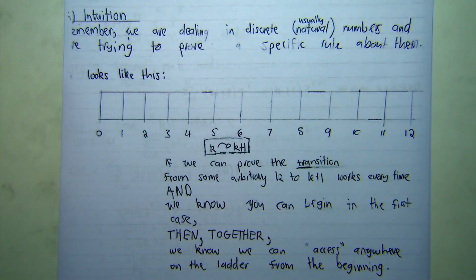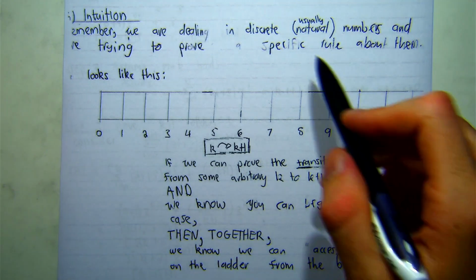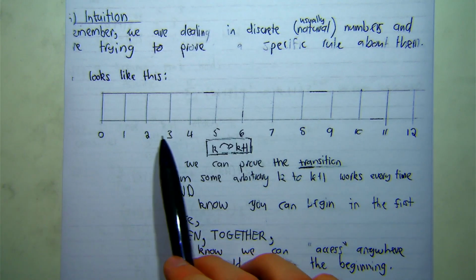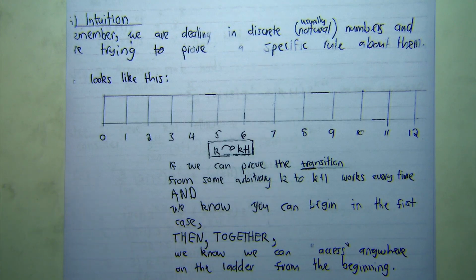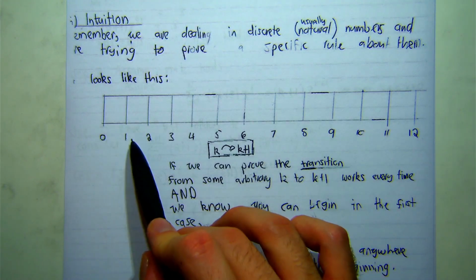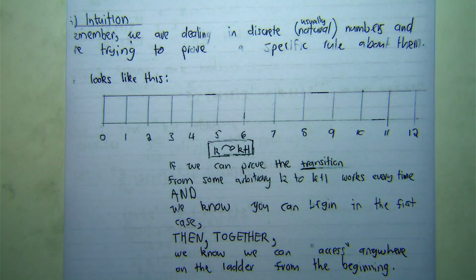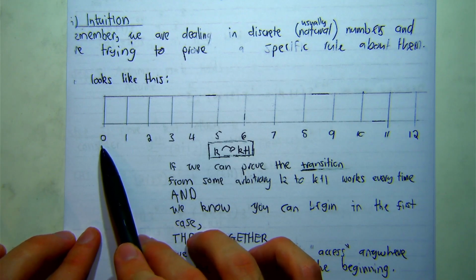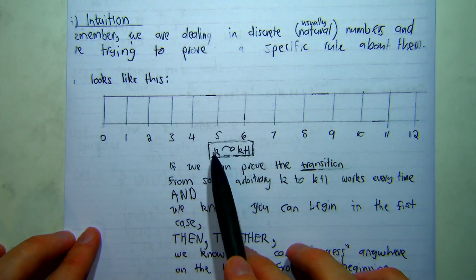Okay, so intuitively, what's going on here? We're dealing in the discrete world, and we're trying to prove a specific rule about usually natural numbers, but it could be any discrete context. For intuition, I've drawn this horizontal ladder starting at the number 0 and building up 1, 2, 3, 4, all the way through to infinity. The idea of proof by induction is, if you have some rule that says any natural number does something, we can prove that rule by, first of all, showing that it works in the base case for the start of this ladder, and then proving the transition between any step k to step